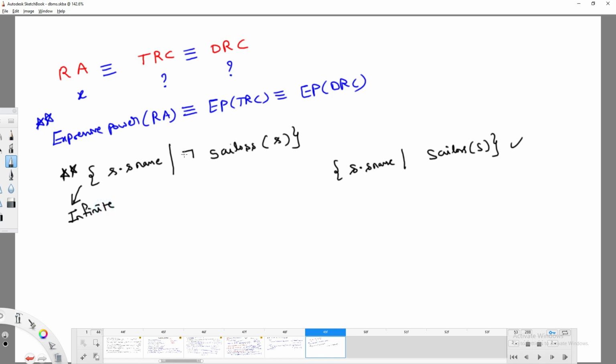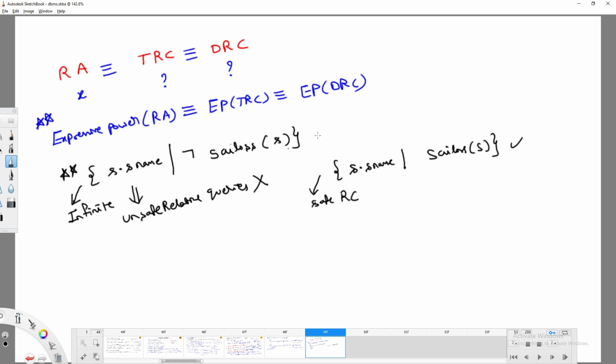Meaning that when you are trying to write this kind of queries, you have to make sure that there should not be related to infinite number of rows, right? So when you are going to write this kind of query, we can call it as unsafe relational queries. Unsafe relational queries. So whenever you are trying to write this kind of queries, you have to compulsorily avoid this. What about this one? We can call it as safe relational queries.